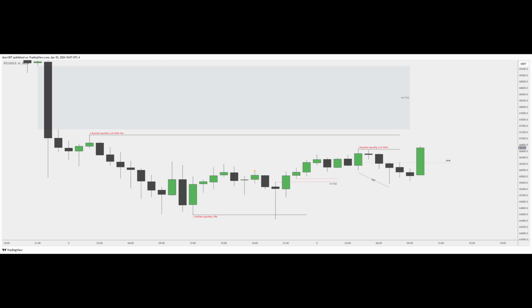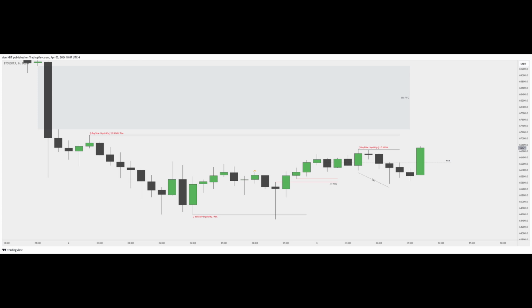Based on what we have now, the first obvious pool of liquidity for us is the equal highs in the London kill zone, which is also the London high. As we remember from the previous video for the 9 a.m. pattern, it is important for us to find the obvious pool of liquidity that will be the first to be attacked during the time between 9 and 12 in the morning,